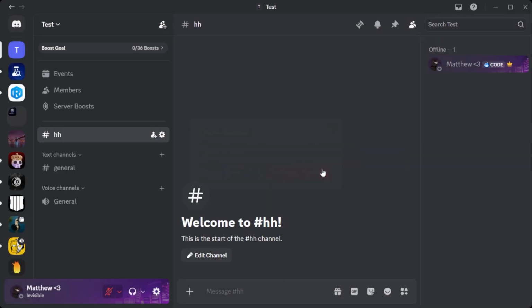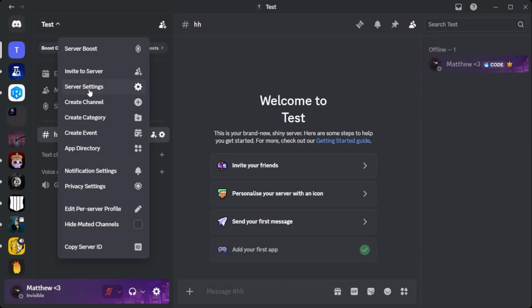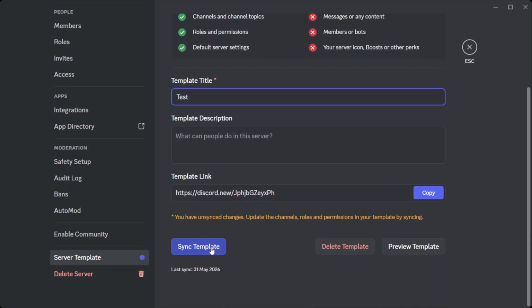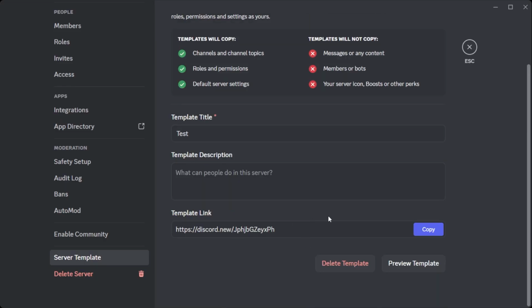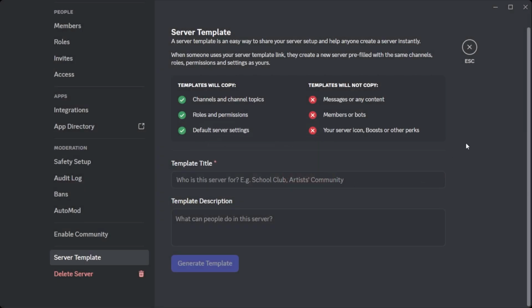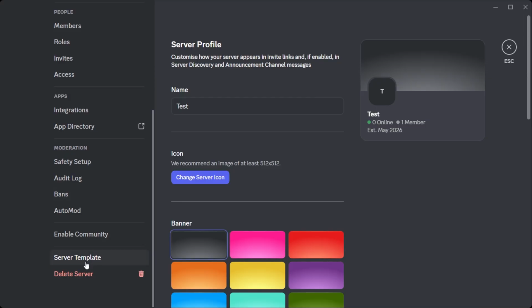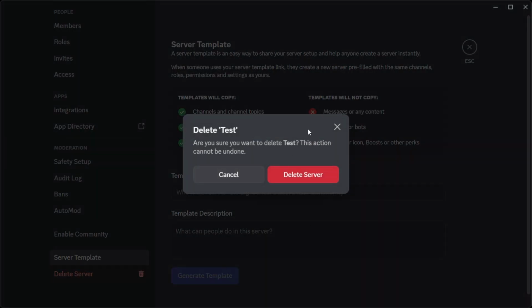And if I go delete the channel, same thing will happen. It will say it's out of sync because I've made changes since having the template. Just press sync again. If I want this template to be deleted because I don't want it anymore, you just press delete. That won't delete anything in your server itself, it will just delete the template and make sure that people can't use that copy. And then down the bottom is, obviously,